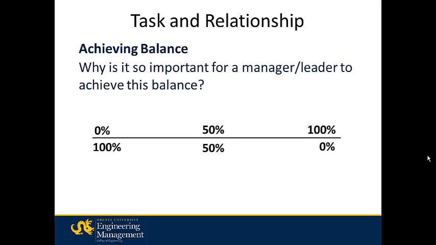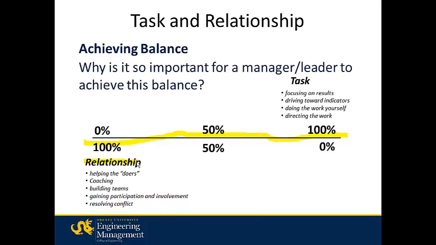The third item for this week is we're talking about task and relationship. This is achieving balance. So why is it so important for a manager to achieve this kind of balance? What we found is that leaders that have the ability to work on this continuum where they can focus on task, which is the results, the indicators, doing work yourself or directing the work, as well as relationship, which would be helping others or coaching, building teams, gaining participation, resolving conflict, may not be directly related to immediate output, but